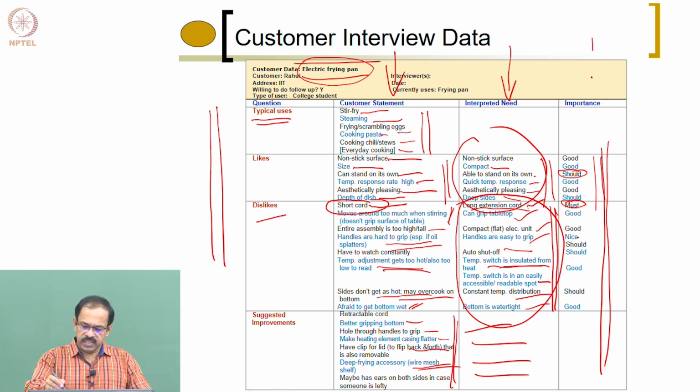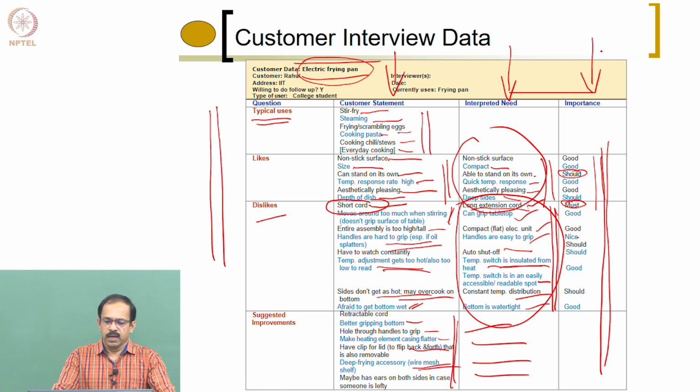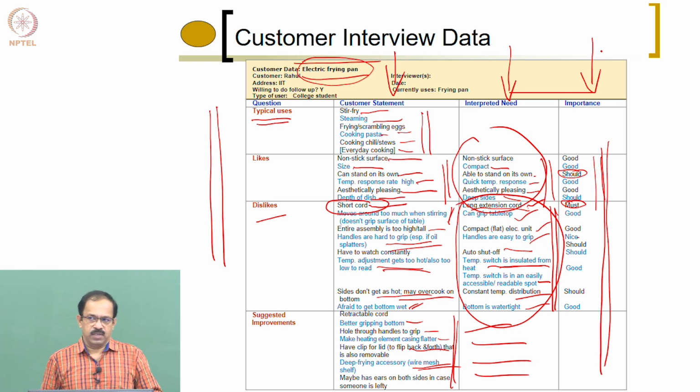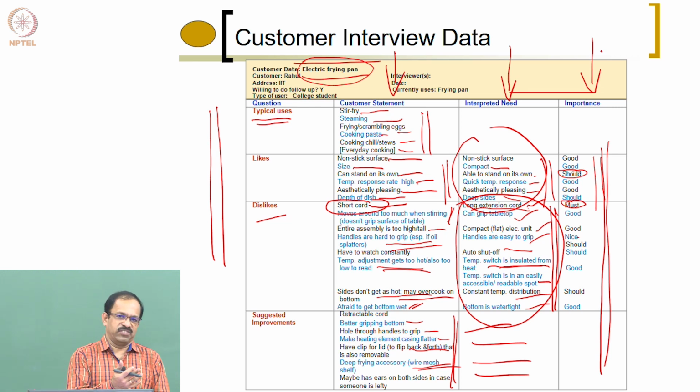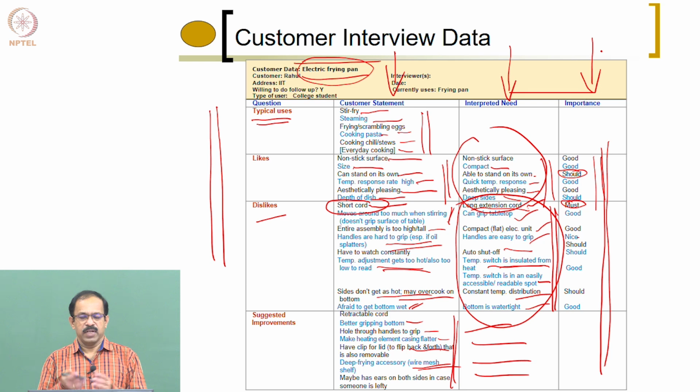And this shows the importance of this. Now, if this is only for one customer, that customer need not be the perfect customer, or he may not always be using it perfectly. So you need to go to many people and ask them, what are your likes and dislikes? Many things will be common, and there may be something which is new.